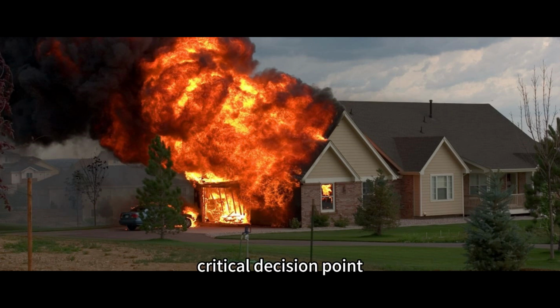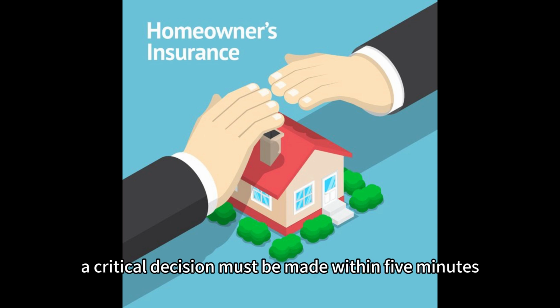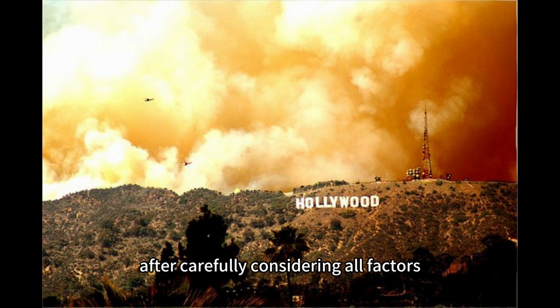Critical decision point: 100 meters away. When fire is just 100 meters away, a critical decision must be made within 5 minutes, either to evacuate or stay. And if you are staying, you will have to make this decision after carefully considering all factors, such as